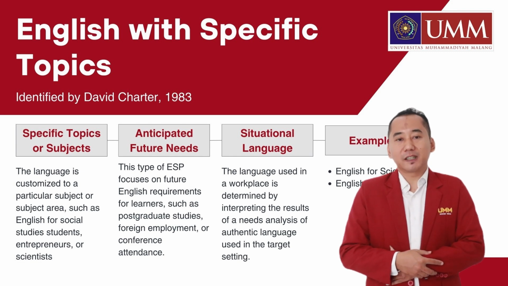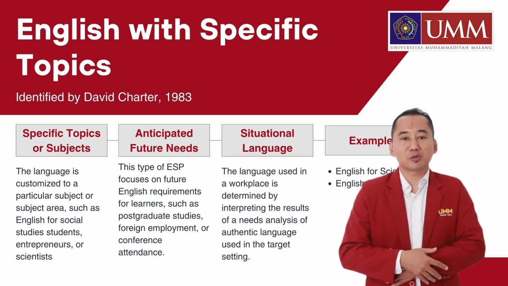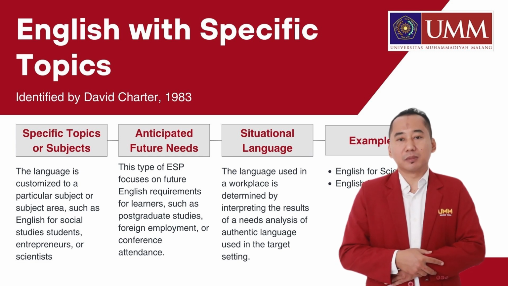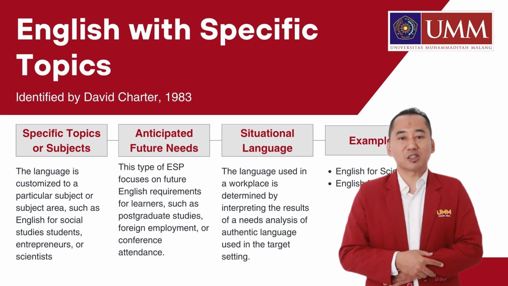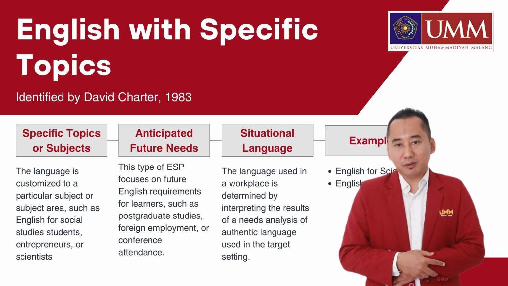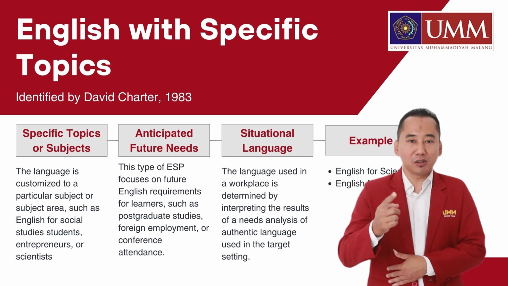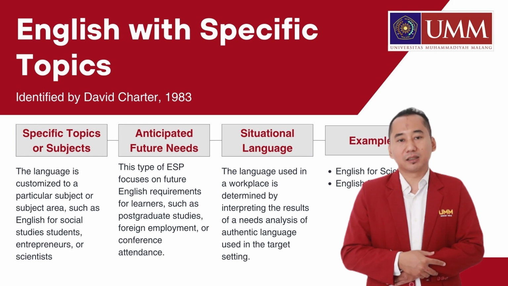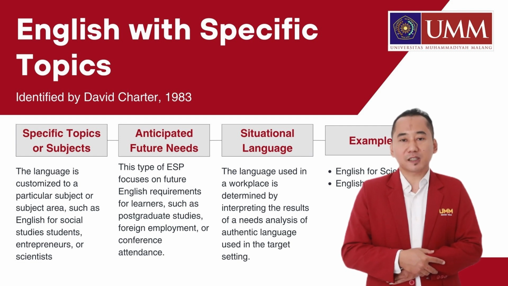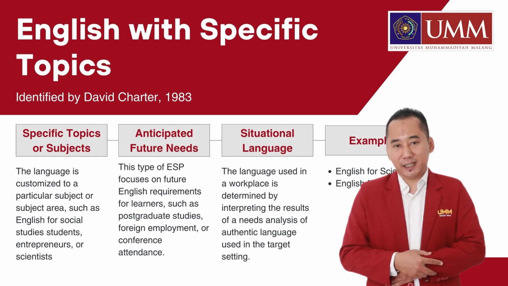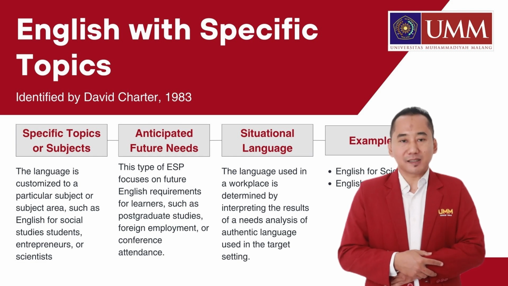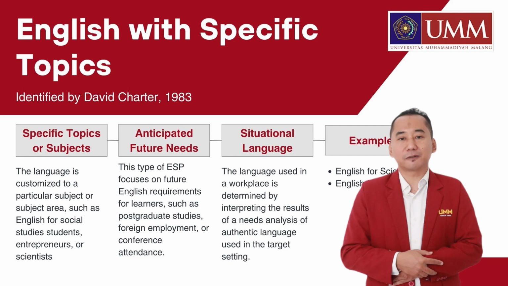Key aspects of English with specific topics include, first, specialized vocabulary. It emphasizes terms related to a particular field. The second, relevant content: materials are tailored to the specific subject area. Next, contextual language use. It teaches how English is used in real-world situations within the field. The next, targeted skills. It focuses on language skills most relevant to the specific topic or profession. And the last, authentic material, which often uses real texts or scenarios from the field. Examples include English for scientists, English for business. These courses help learners master the language skills needed for their specific